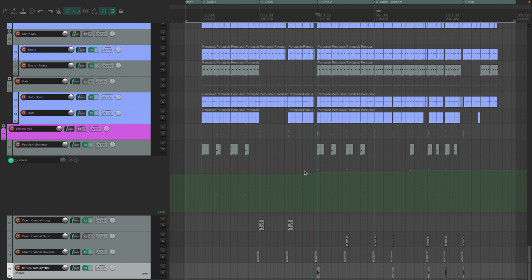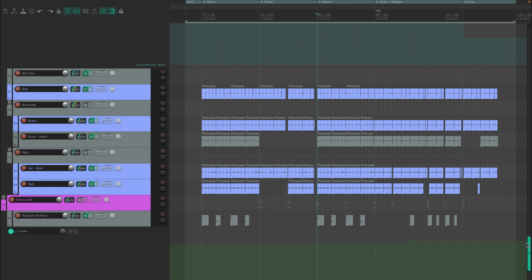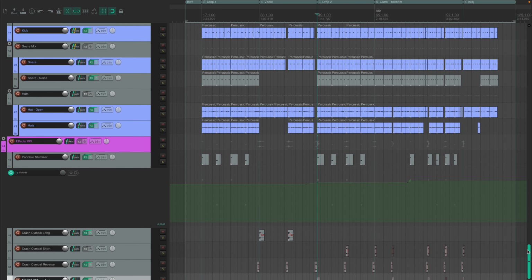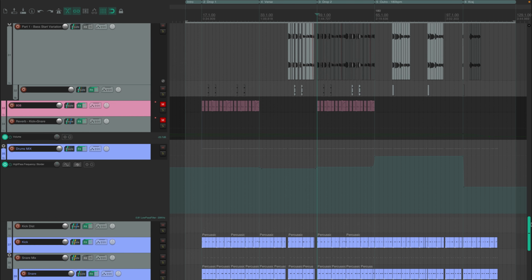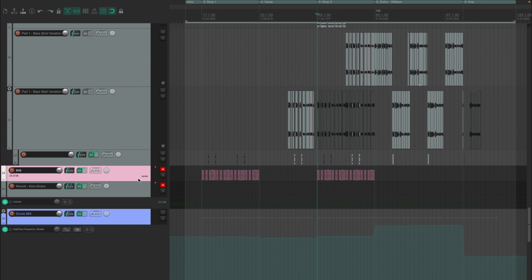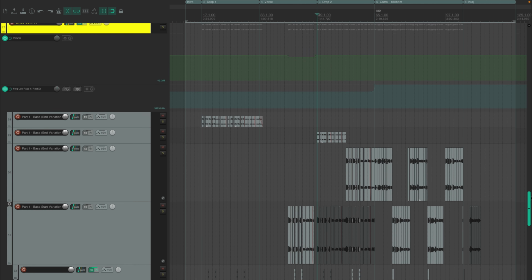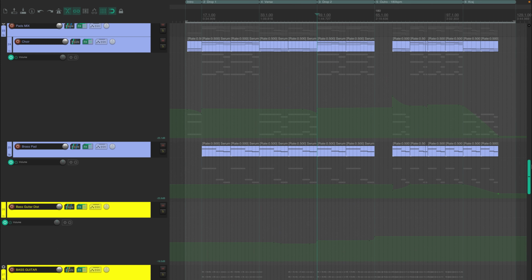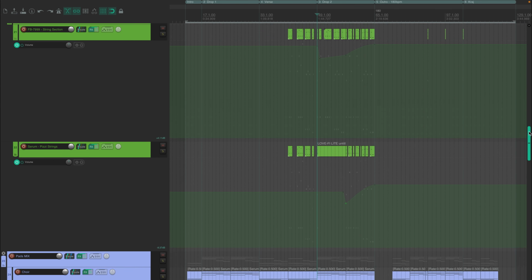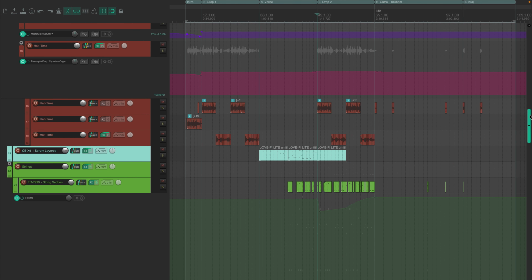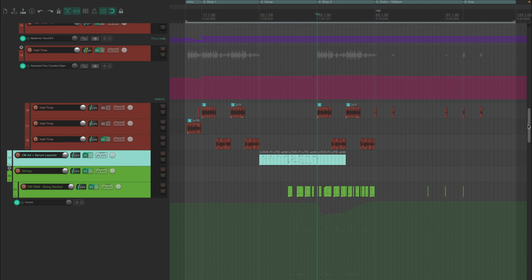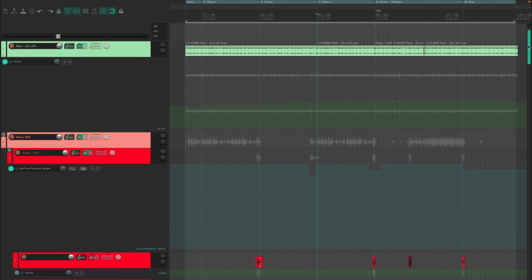There's some effects automation here. As the track progresses, the effects get louder, and nothing fancy here. So we went through the effects, through the drums. This is an 808 that I didn't use. I just left it here for, I don't know, whatever reason. We have the bass guitar, we have the pads, the strings, the pluck and guitars, and that's it for this